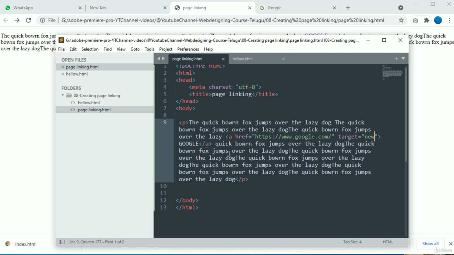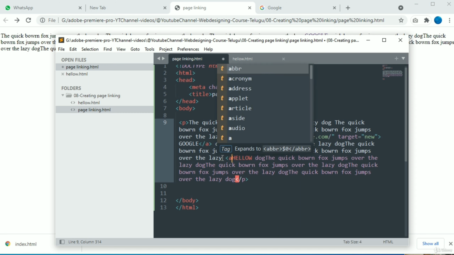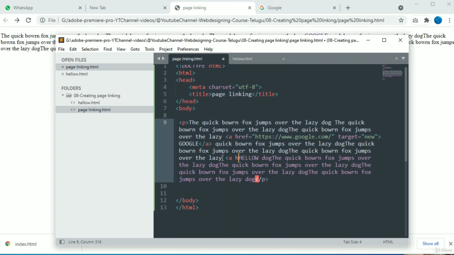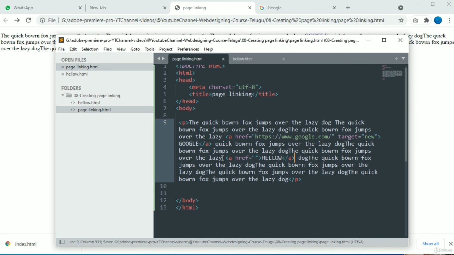So what I will do is I will insert that text as hello. I would like to insert the anchor tag to this word only. So what I will do is insert href equal to open and close quotations, and I will close this tag at the end of that word. Just save this one. So now we have to assign that page link. Come to the href equal to, in between the open and close quotes, we have to assign